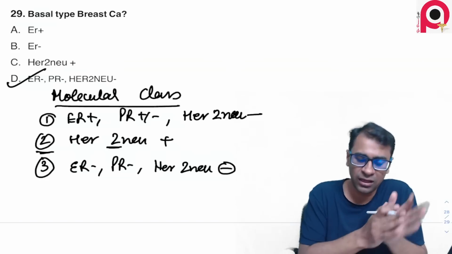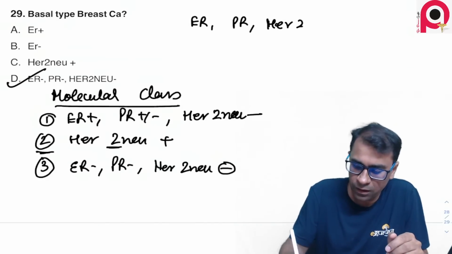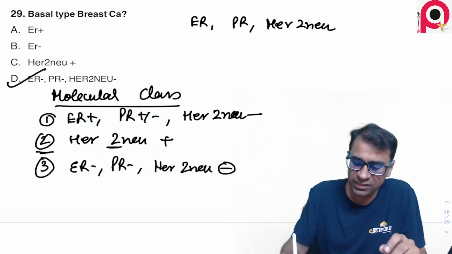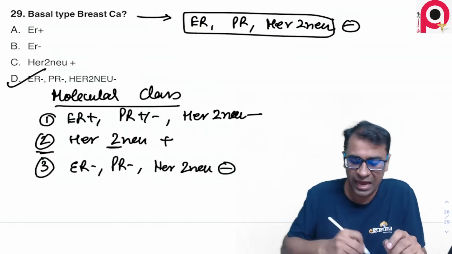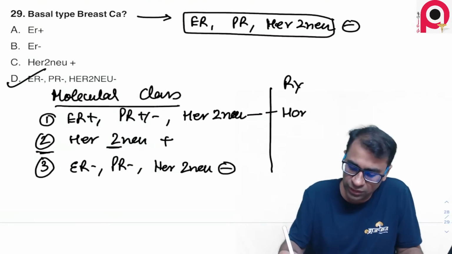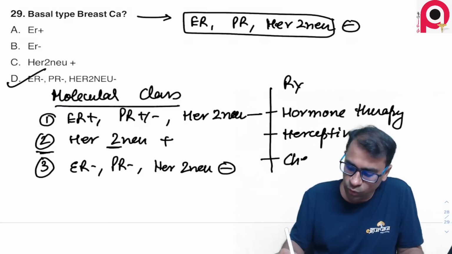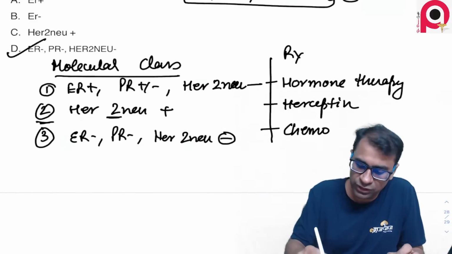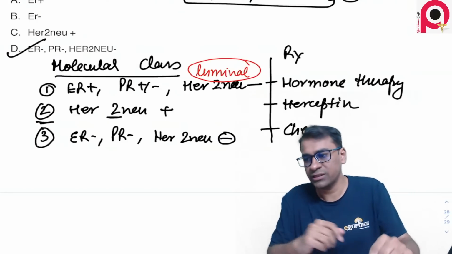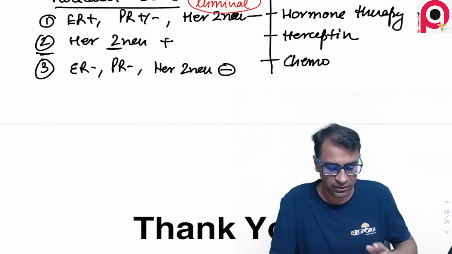Actually, the option was that basal type, with ER, PR, HER2 neu written in it, and the option asks you what is the right answer. So all of them being negative is what is actually a case of basal type carcinoma. The second time the question can be asked, the treatment for this is hormone therapy for the first type. For the HER2 type it is Herceptin or trastuzumab, and triple negative often requires chemotherapy. The first one is also called luminal type, luminal A or luminal B, as seen there. This is question number 29.